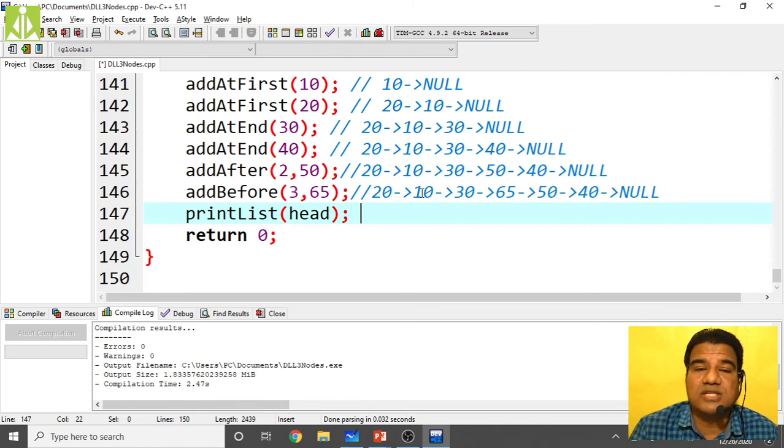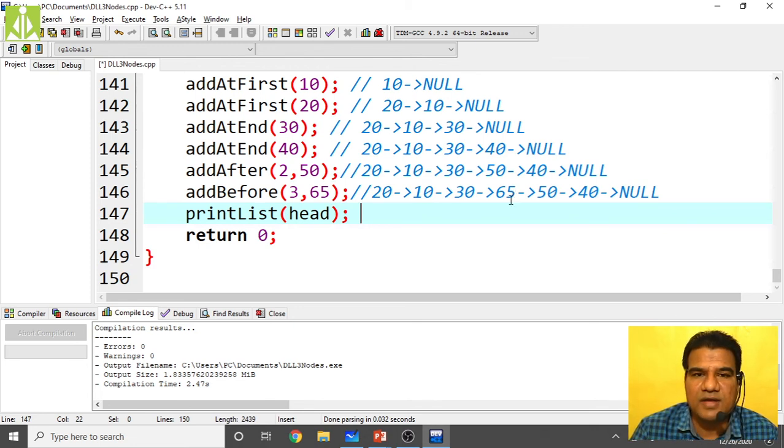Whatever searching we do, we do it linearly, isn't it? We don't follow any binary approach or something else. Initially we take our temporary pointer to the first node and compare the given value with the temporary pointer's data value. If it is matching, there only we stop the searching operation. If it is not matching, we go to the next node and compare again. If it is not matching, go to the next one. 65, it is matching over here. So we'll print 65 as a matching value, that is, value found inside your doubly linked list, or search operation succeeded. Likewise, we give a positive response and terminate our search operation there itself.